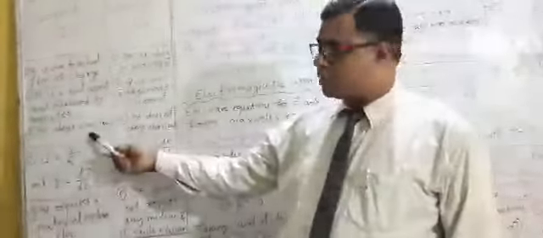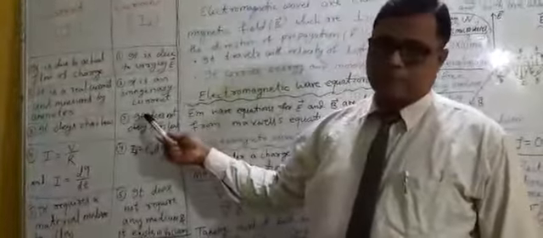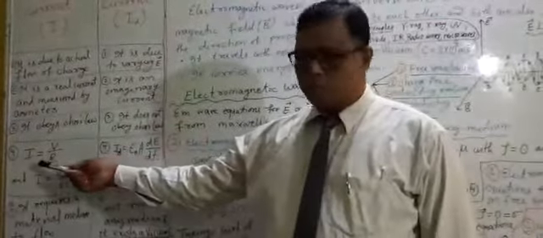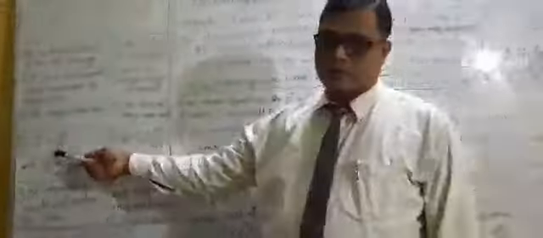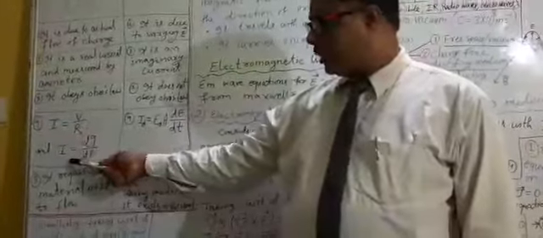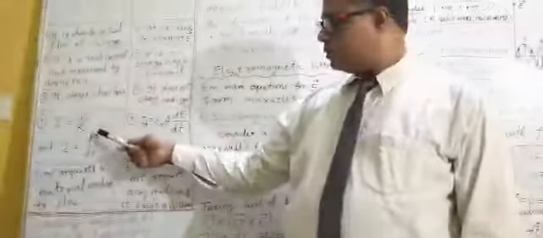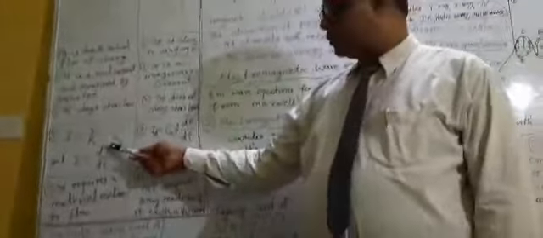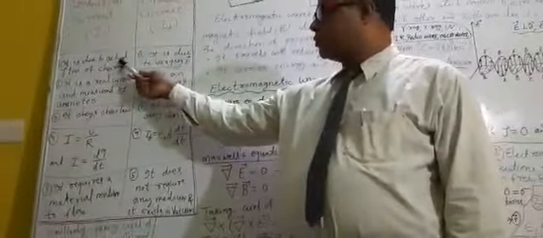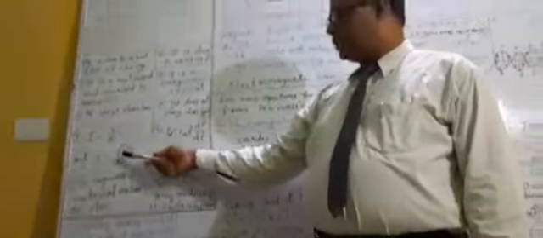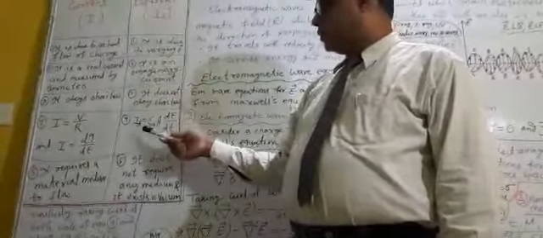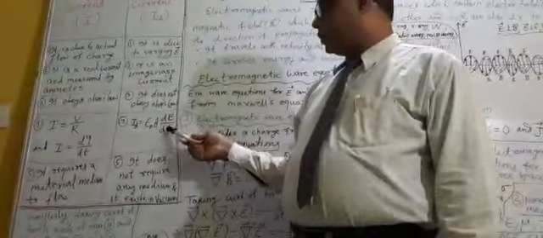Conduction current obeys Ohm's law, but displacement current does not obey Ohm's law. Formula for conduction current, though it is Ohm's law, obeys it. So I is equal to V by R. Okay? And another formula you can say I is equal to dQ by dt, means rate of change of charge. So already we have discussed in the first point, it is due to the actual flow of charge, and the formula is I is equal to dq by dt. But whereas the I_D is equivalent to epsilon A dE by dt.